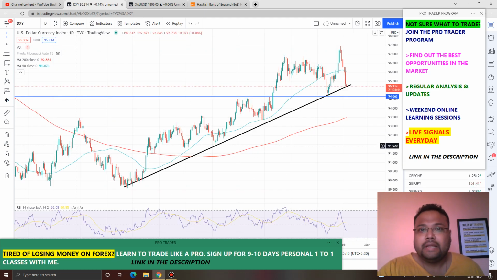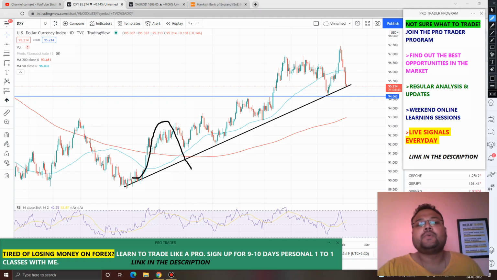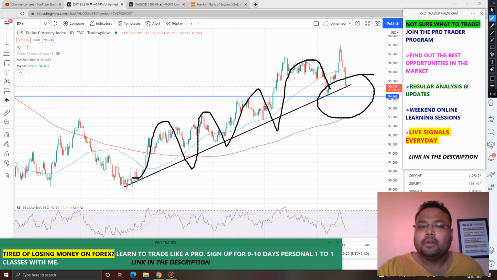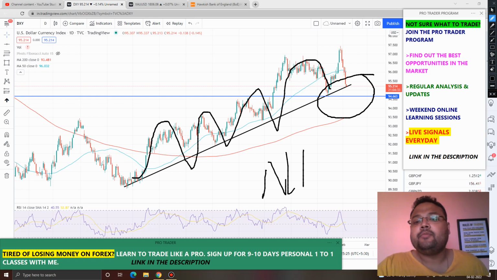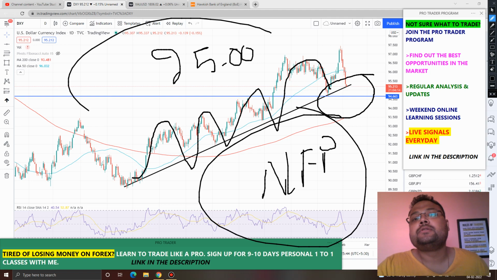Remember, we talked about the daily chart and the swings on a DXY chart, and right now you can see the DXY is just standing at the support here. But the problem is that we have NFP coming up today, and there is an expectation of weak NFP. So in case the news comes bad, there is a possibility of the market breaking the trend line and going down further. If the market starts going down further, then we have a psychological support at 95.00.